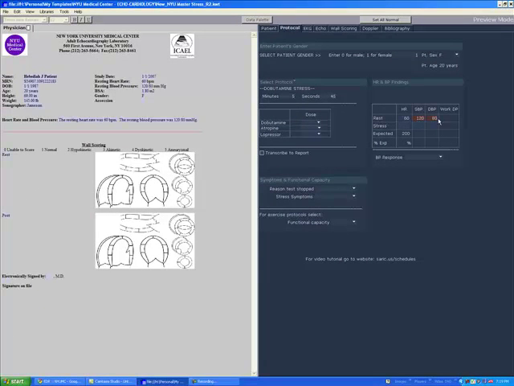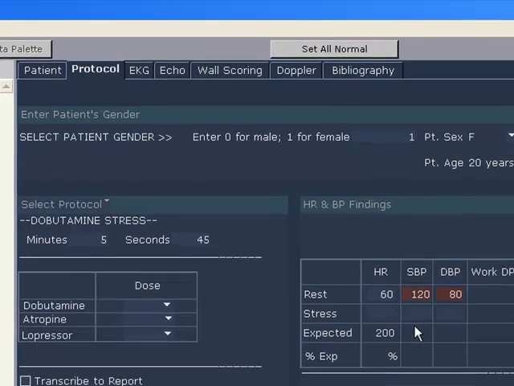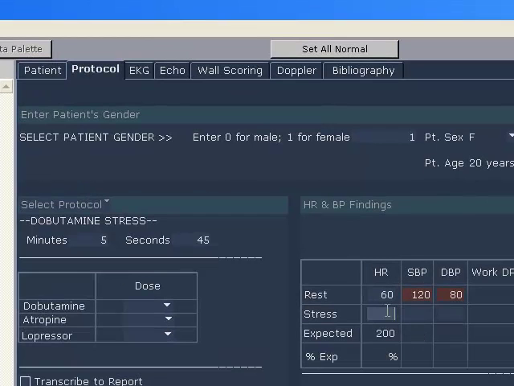You see now that the information is all appropriately transferred to the report. Now you can actually see stress. Let's say that the stress rate is 187. See now, the system will automatically calculate 94% of expected heart rate and create appropriate verbiage in the